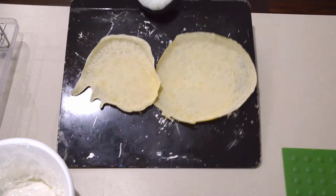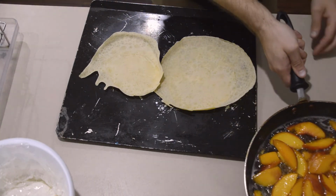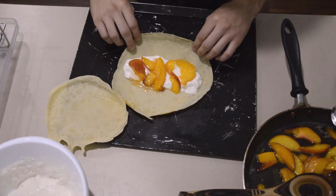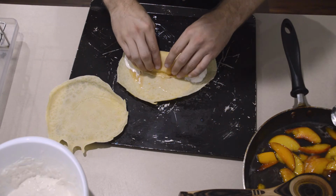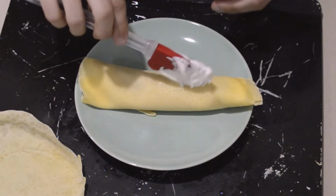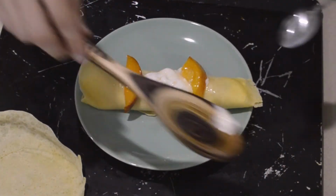We've been here before. Filling this crepe is going to be done in the same manner as the peanut butter and Nutella breakfast crepe. Layer in a bit of your cream, sneak in a few peaches, fold, tuck, and roll before plating seam side down. Finally, add a touch of your cream, 2 peaches for style points, and then drizzling some of that amazing syrup